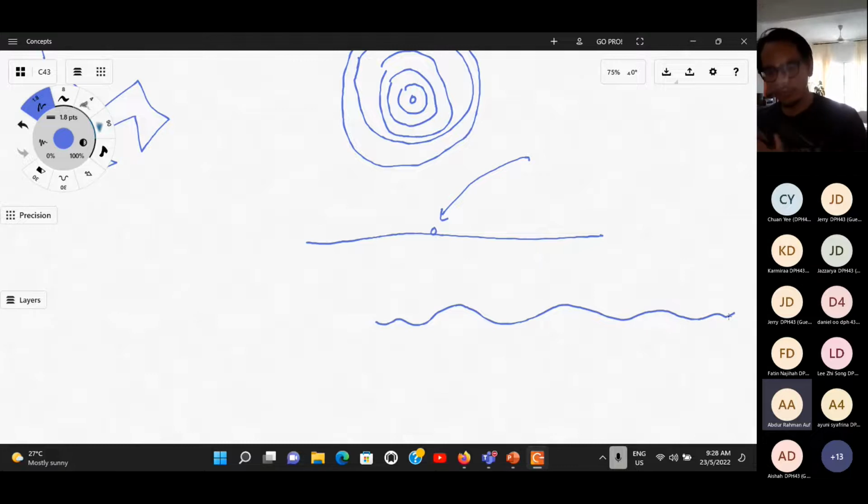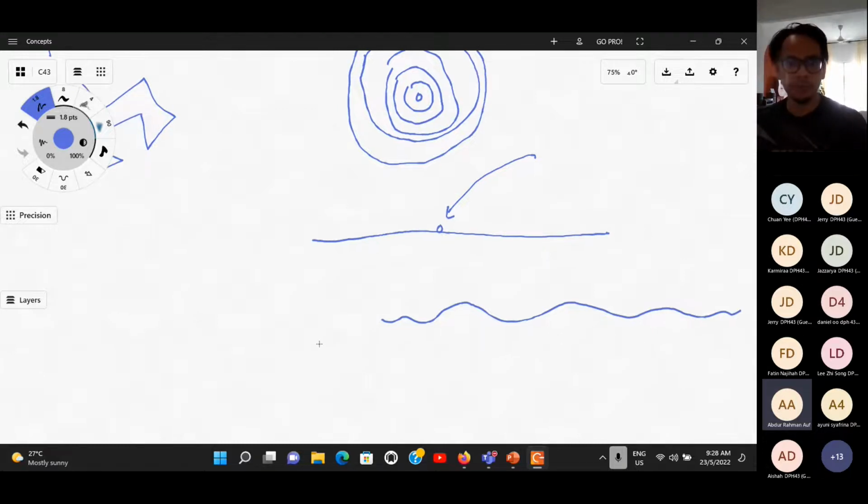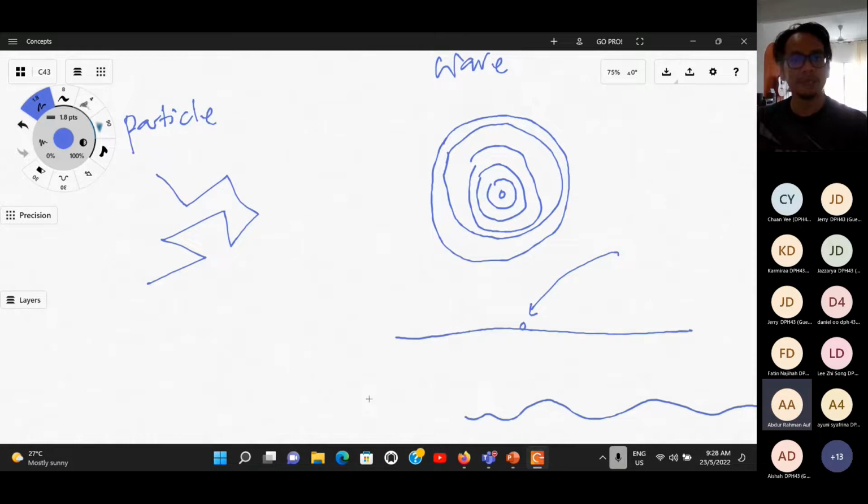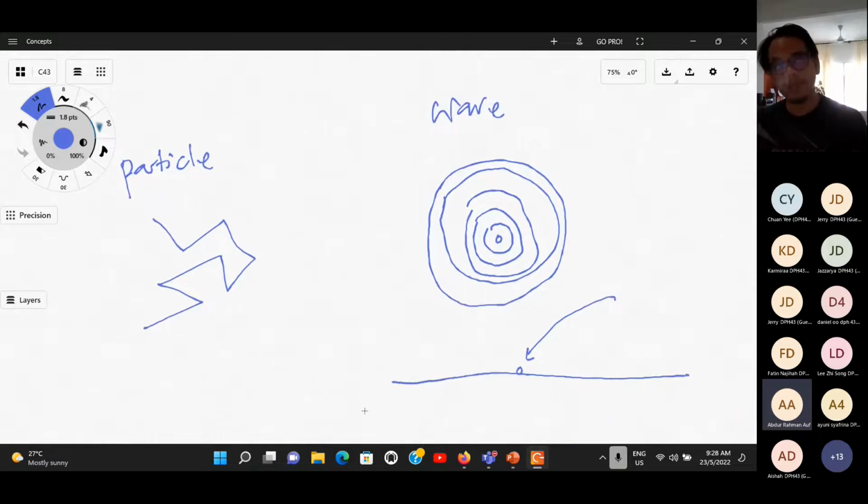It moves in waves. So electron does both. So not many things behave like this. Another thing that moves like this is photons, light. So electrons and light, they both behave as particle and also wave. Okay, so why is this important? Why do we need to explain electron moving as particle and wave? Because this is important to explain